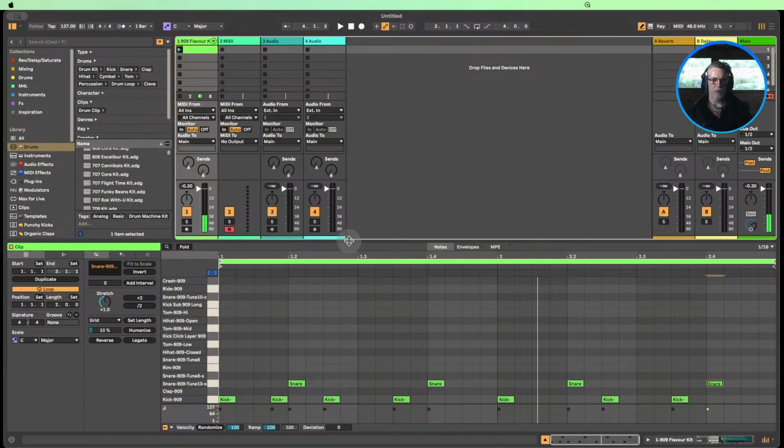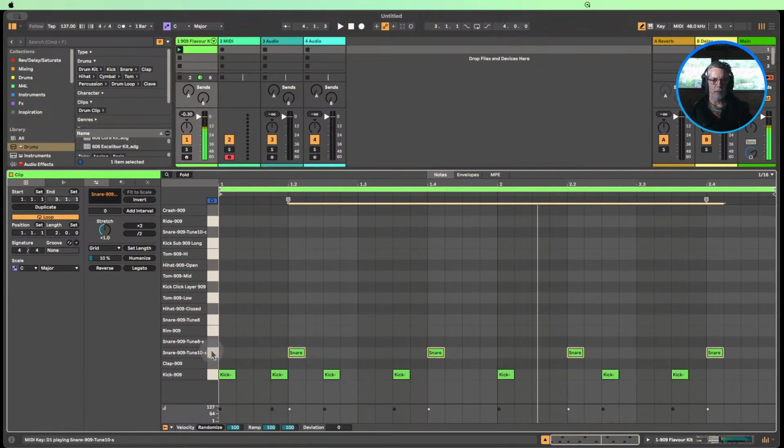And if we want any sort of little variations and stuff, we can already start to adjust those around a little bit. So we could have a little bit of velocity change on those snares, so they're a little bit more vibey. So let's do that. Just have a little bit of difference between them. So we've got a little bit of, well, we want machine feel here, but